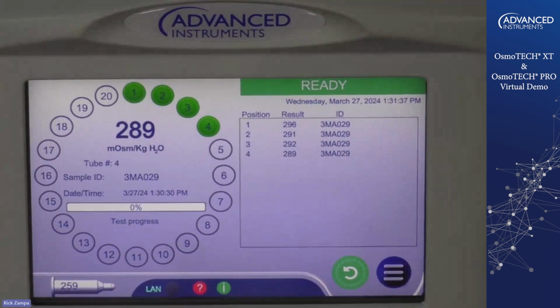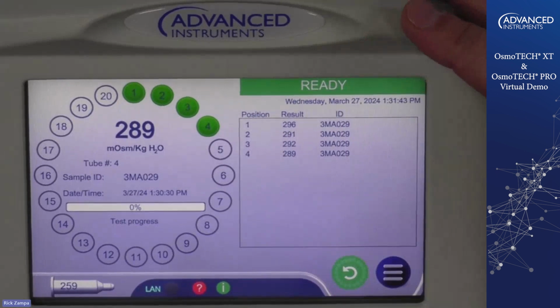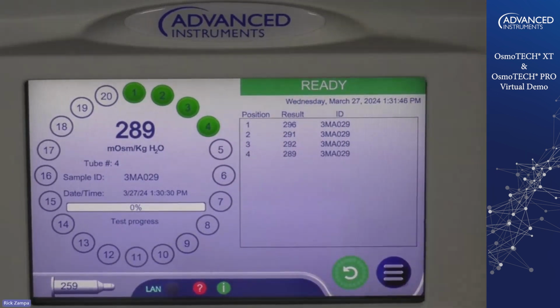So again, the difference between the two instruments, obviously multi-sample instrument here, 30 microliter sample, 0 to 2000 milliosmol range. Ability here to load up to 20 samples at one time, walk away and let them run. If we're talking about the OsmoTECH XT,